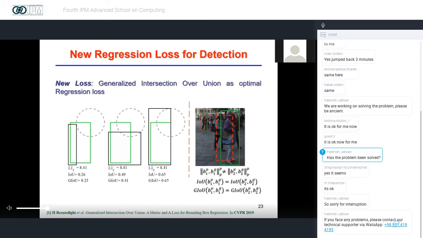Usually the way we define the loss for object detection, independent of 2D and 3D, is that we have a parameter representation of the box, for example, center of the box, width and height, or a two-corner representation, and we try to minimize some norm between the true value and the predicted value with respect to that parameter representation. Definitely the parameter representation matters and the norm matters, but we can really easily show